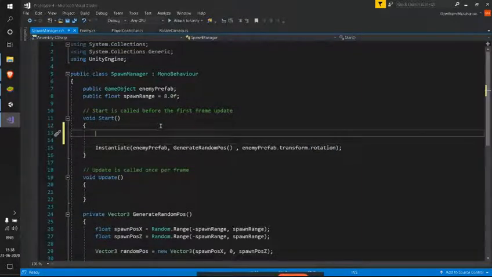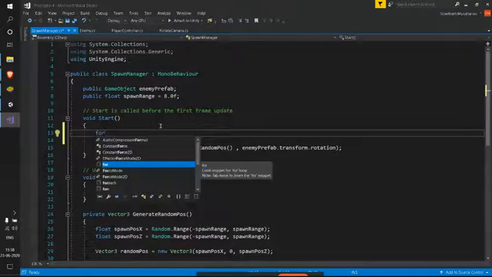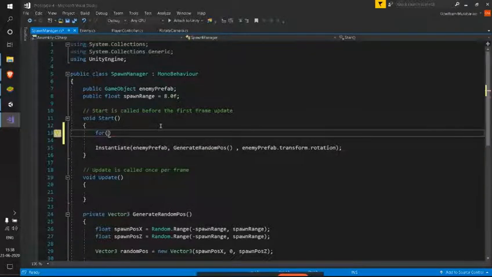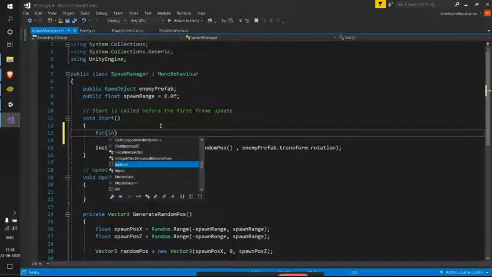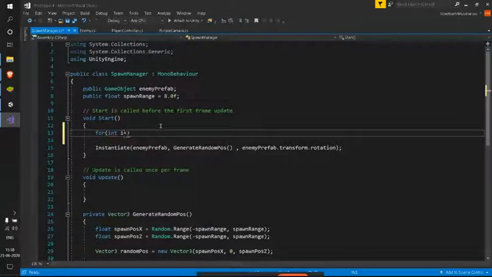The for loop will be in this format. We'll use the for loop structure, and it needs three things. The first thing is initialization of a variable. I have initialized i, which is called the loop control variable.